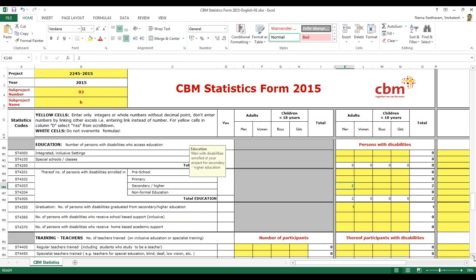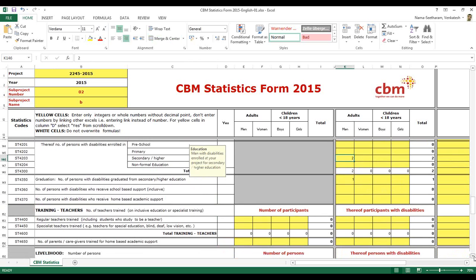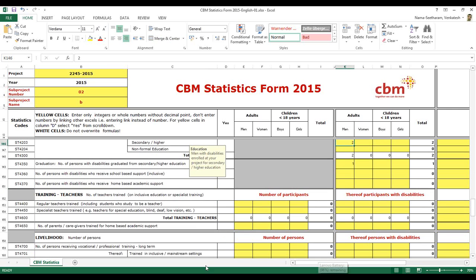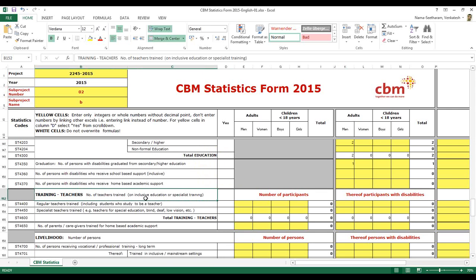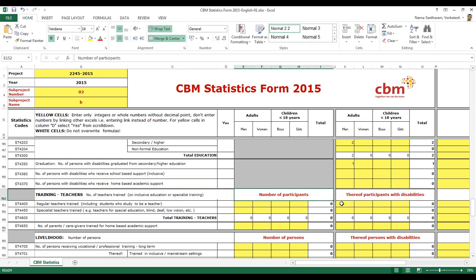Then next section would be training of teachers, related to inclusive education or specialist training. On the top you had seen the training related to the medical or health section, and here it is related to education. You see the number of participants and there are participants with disabilities.